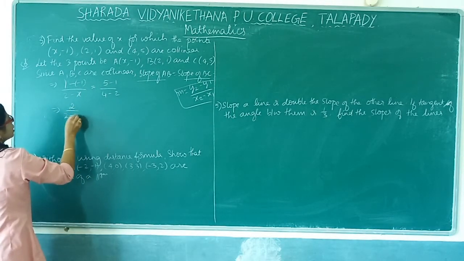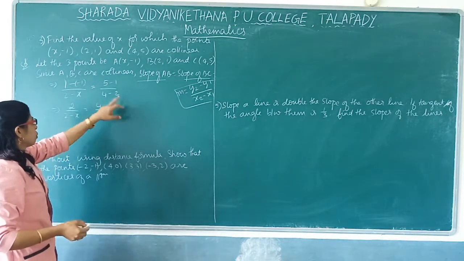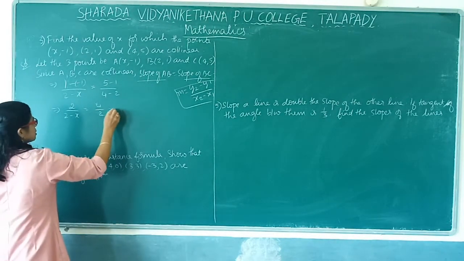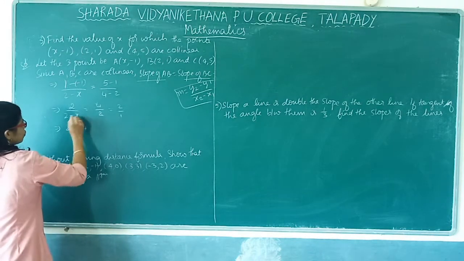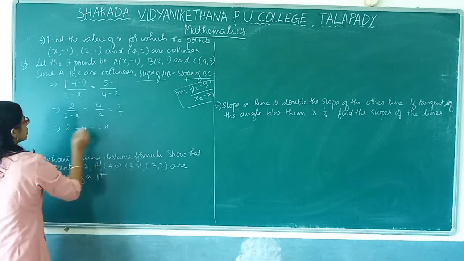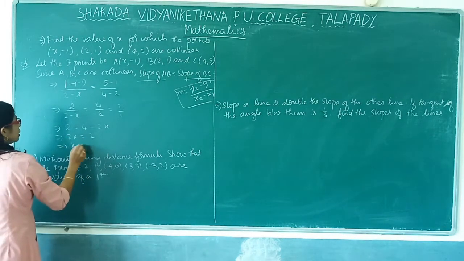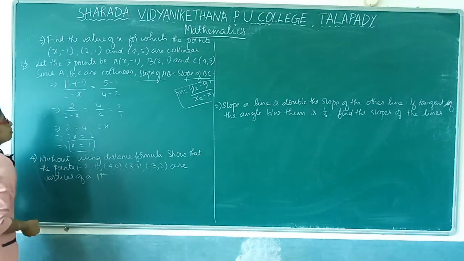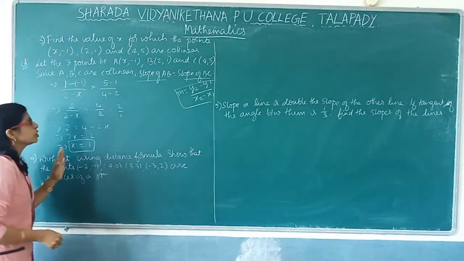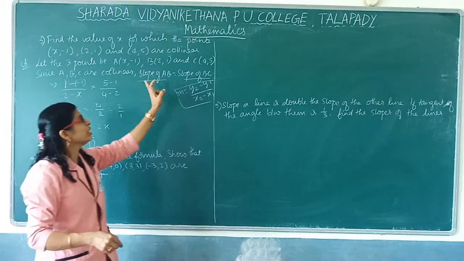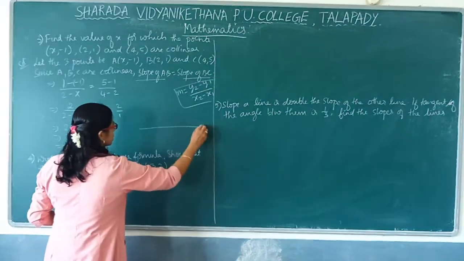2 by 2 minus x is equal to 4 by 2, correct? 5 minus 1 is 4, 4 minus 2 is 2 itself. So this you can write as 2 only, 2 by 1. So you can write 2 is equal to 4 minus 2x. Bring 2x this side. 2x is equal to 2. Then what is the value of x? x is equal to 1. So the value of x is equal to 1 when these 3 points are collinear. It's a simple question. Only thing is you need to know to connect this concept with this question. That's all. Collinearity concept. They will be lying like this.